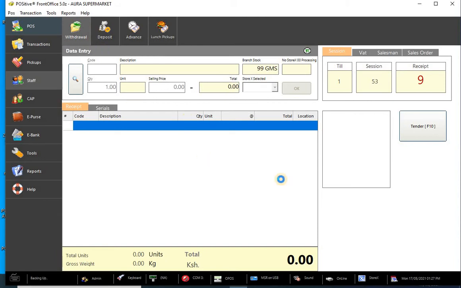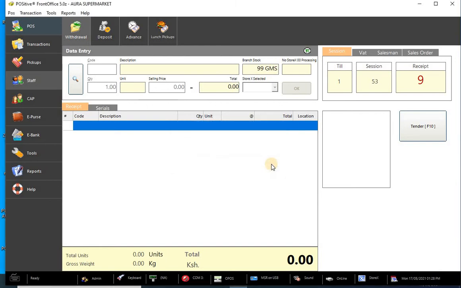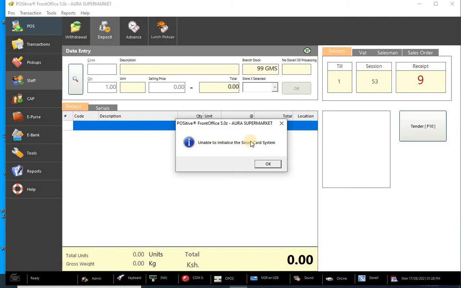Staff can withdraw their salaries from here because they have biometrics. And right now you can see it is telling me unable to initialize the smart card system because I've not connected the SmartMan, the biometrics here. So that's why it is not picking. At the same time, with the deposit, the staff can also do a deposit, but I've not connected that either. But maybe in future I'll connect it so that you'll be able to see, or maybe if you have some time, you can just visit our offices and be shown these things in